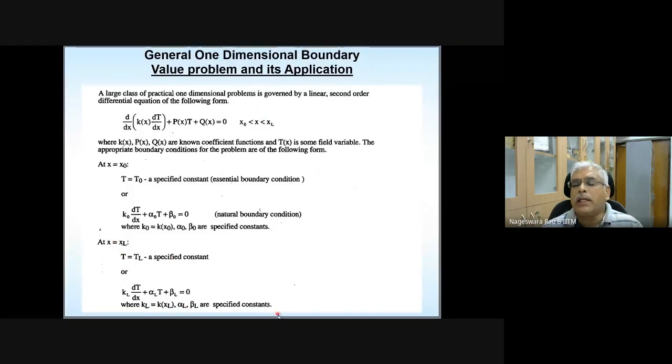I suggest you please take a note of all these equations. Once you understand how we are going to develop the element equations for this kind of problem, irrespective of whatever domain that you are planning to work, you should be able to apply these concepts. Okay, please take a note of all these equations.